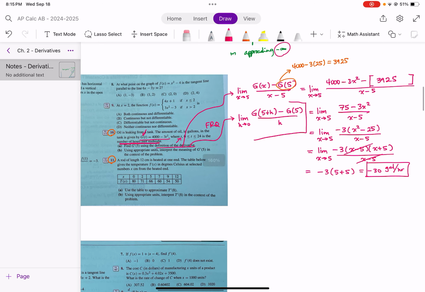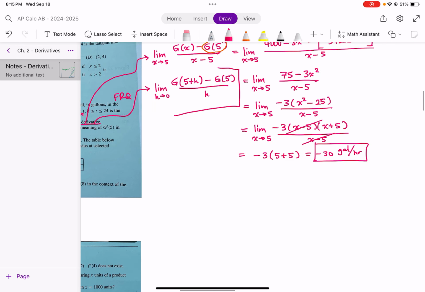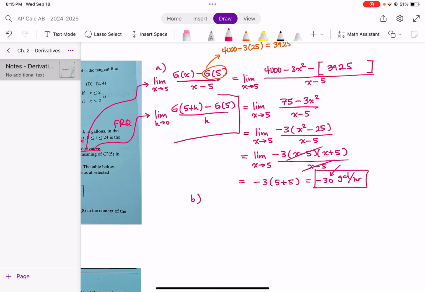And then part B says using appropriate units. Oh, looks like we already guessed they were going to ask us that. Interpret the meaning of g prime of 5 in the context of this problem. So not only do we have to calculate this number, we have to actually explain this. What does this actually tell us? So part B, this is part A. So in part B, we could say that the negative 30, or let's say this. Let's say g prime of 5